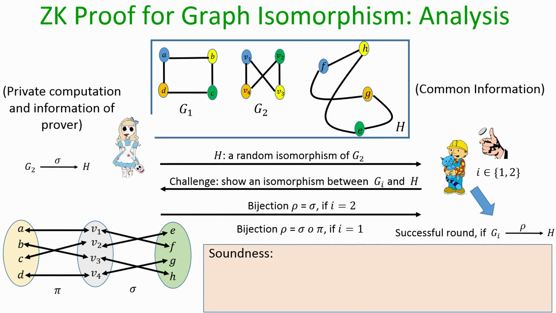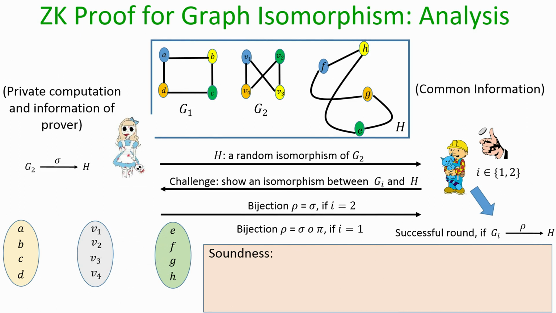Now, let us analyze the soundness property here, and recall, for the soundness property we have to consider the case when Alice is potentially corrupt and she does not know the mapping between G1 and G2, or in the first place there may not be any mapping between G1 and G2 showing that they are isomorphic. Since she is corrupted, she may not follow the protocol, and remember, as per the protocol she is supposed to send an isomorphic copy of G2 in every round, but she may not do that as well. So, for soundness we have to analyze with how much probability she can successfully cheat even though she does not follow the protocol and she does not have the isomorphism between the graph G1 and G2 available with her.